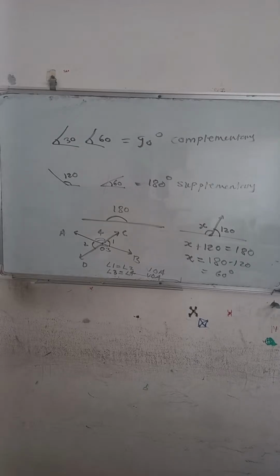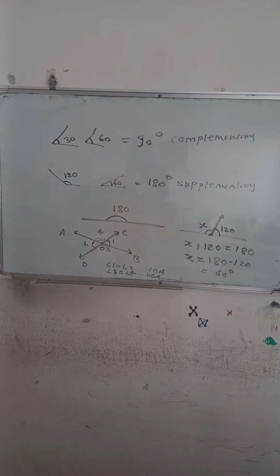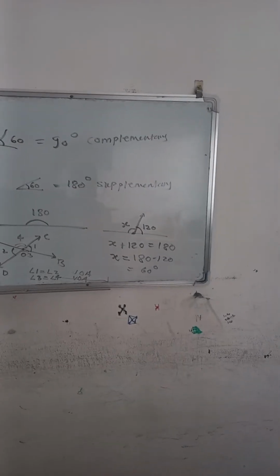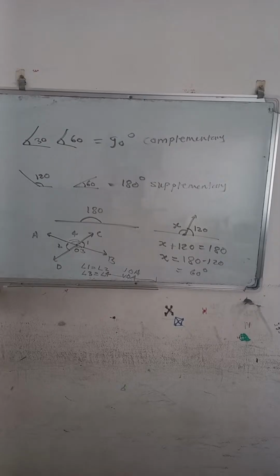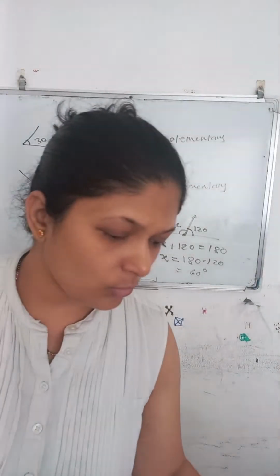Write down the first question from this chapter. In the given figure, lines AB and CD intersect at O. If angle AOC plus angle BOE